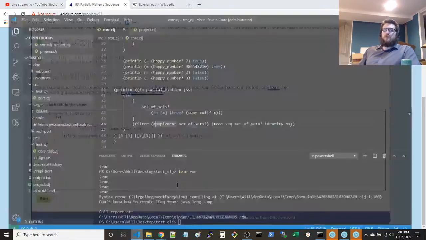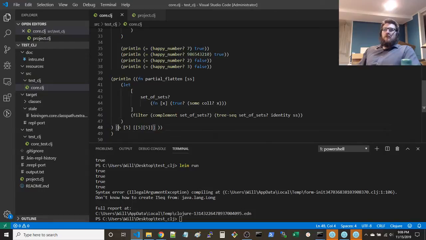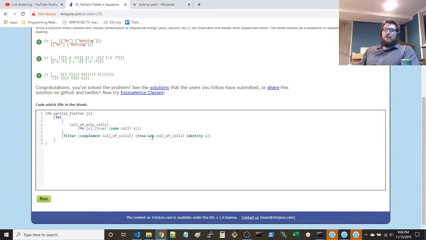What happens immediately is you say, okay, I see a collection here, so this is a collection of collections, so let me operate on the children, and then execute this predicate again on that number, and it says it's not a sequence, which is a problem.